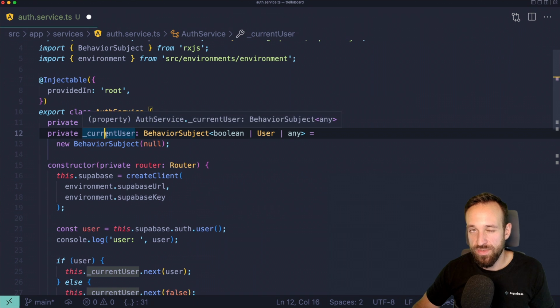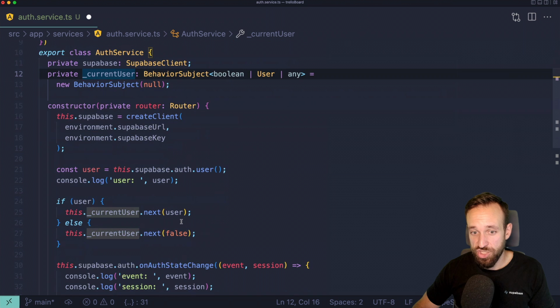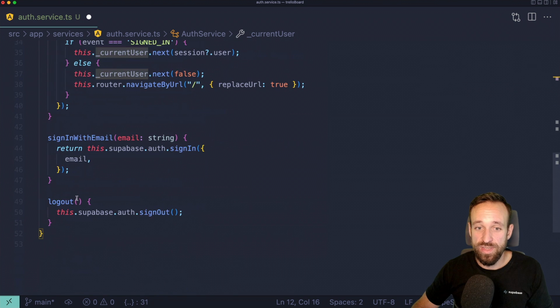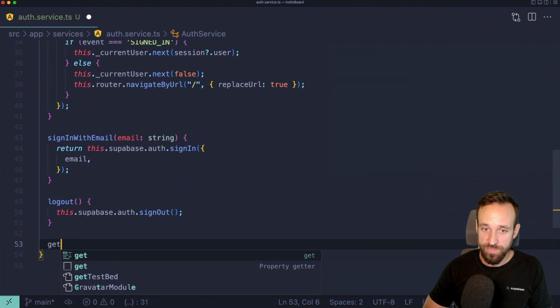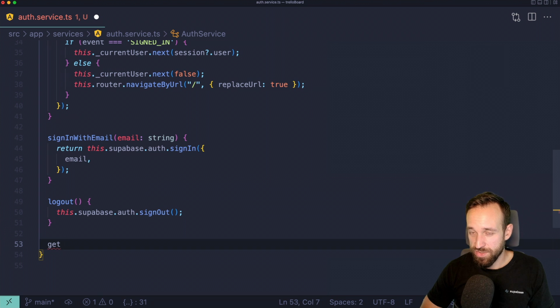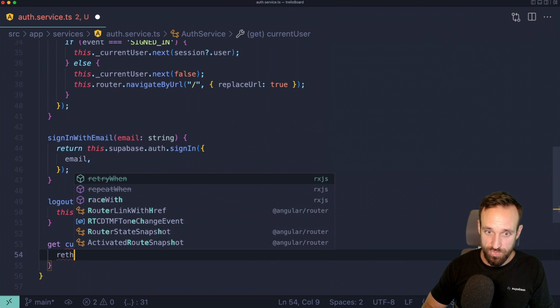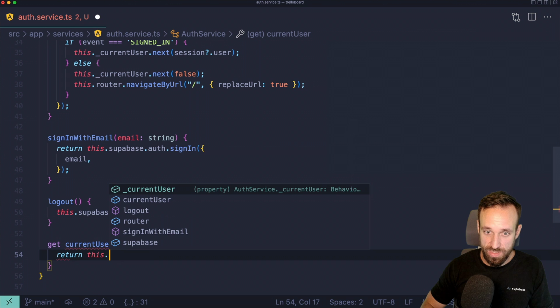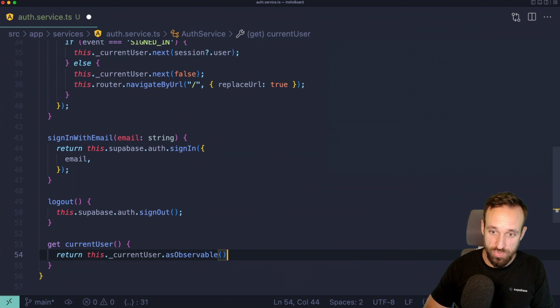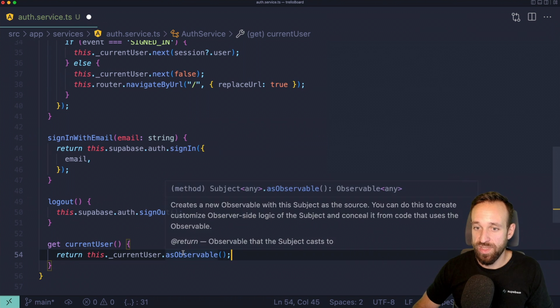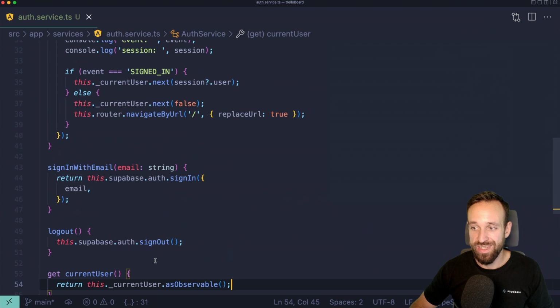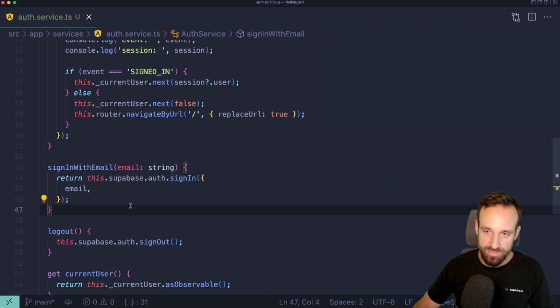This is now a private value, because a behavior subject can be changed, you can emit new values, and you don't want to do this from outside of the service. The only way to get this value is now implementing a little getter function. And because I called this one underscore current user, we can now do an actual getter function like this and return this dot current user as observable. Because an observable can't be changed from the outside, we can only subscribe to this and get the changes. All right,